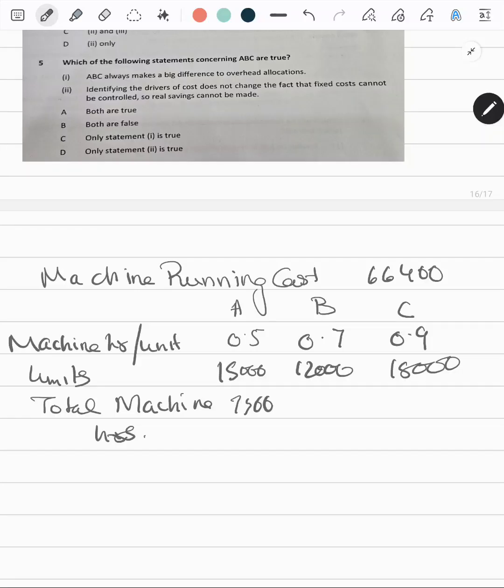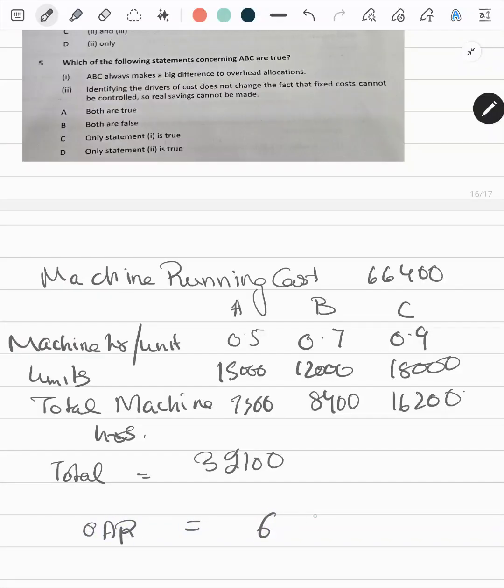12,000 into 0.7, this is 8,400. 18,000 into 0.9 is 16,200. So total I will get 7,500 plus 8,400. The total hours are 3,100. So my overhead absorption rate of machine running cost is 6,400 divided by 3,100, and I will get